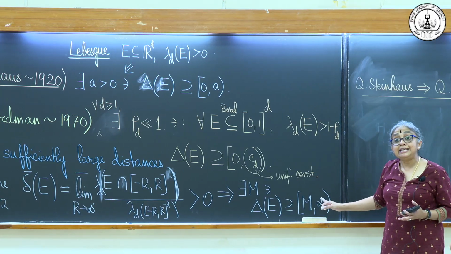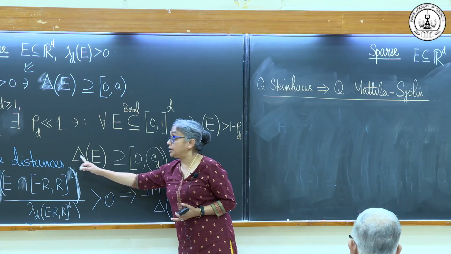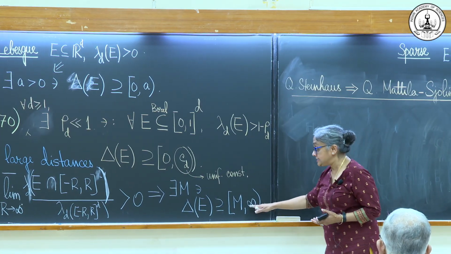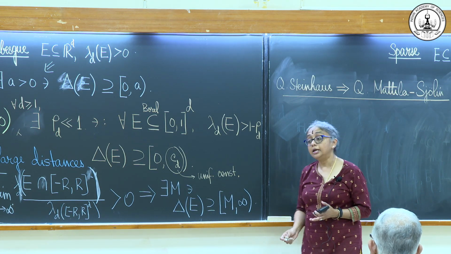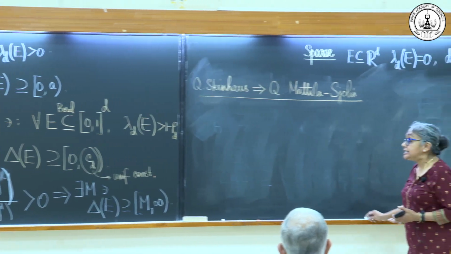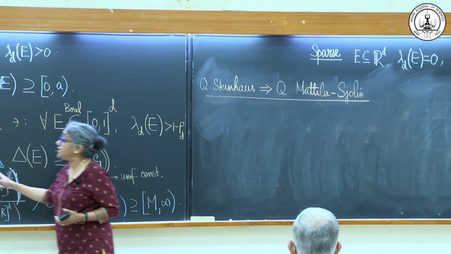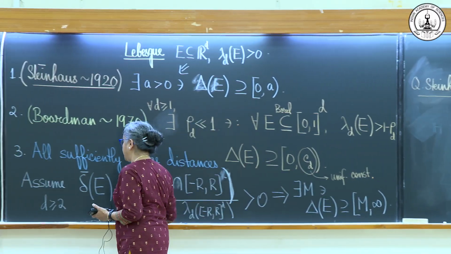So when we say large sets imply large distance sets, this is yet another rendition of that same phenomenon. Largeness now means positive asymptotic density, and largeness of the distance set means the containment of an infinite half-line. Okay. It is also known that trivial relaxations of this condition, so this is actually a result by many people